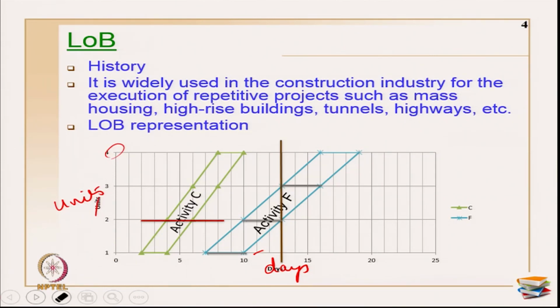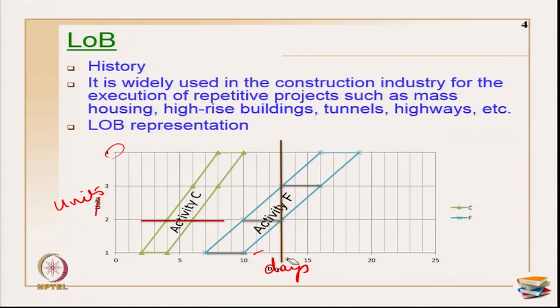Okay. Suppose I draw a vertical line at any point in time. For example, I have drawn a line on the 11th, 12th, 13th day. So, this shows the progress of the activities. For example, activity F C has been completely done, activity F has been completed till unit 2 and it has